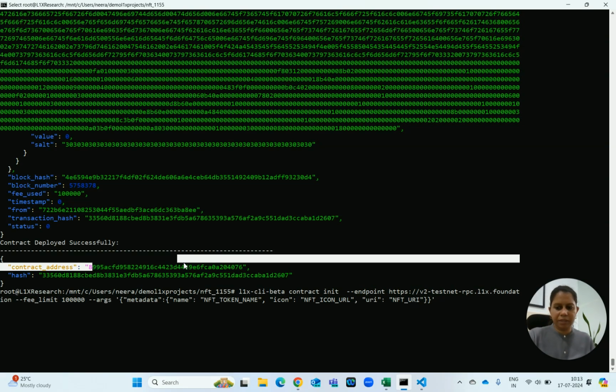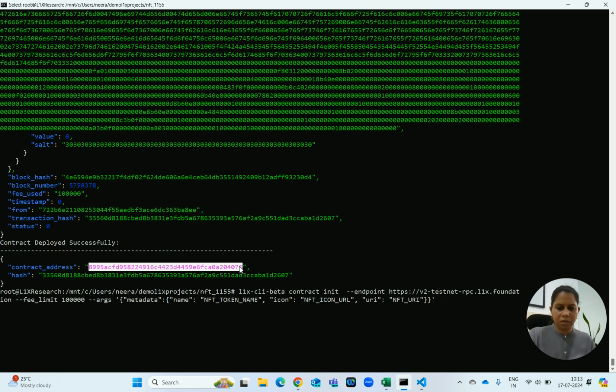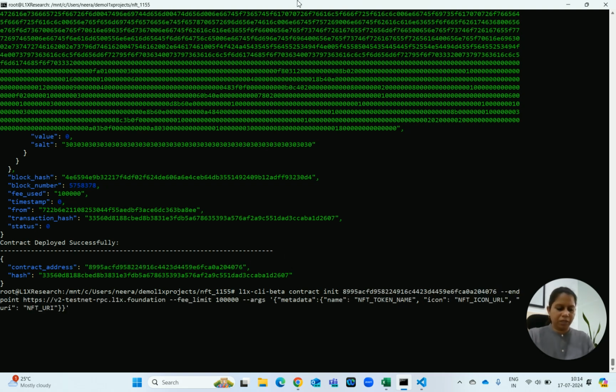The second thing we need to be careful about is passing correct arguments for the initialization. So what is the name of the NFT I would like to give? Say I'm giving the name L1X NFT 1155. Then an icon for this NFT